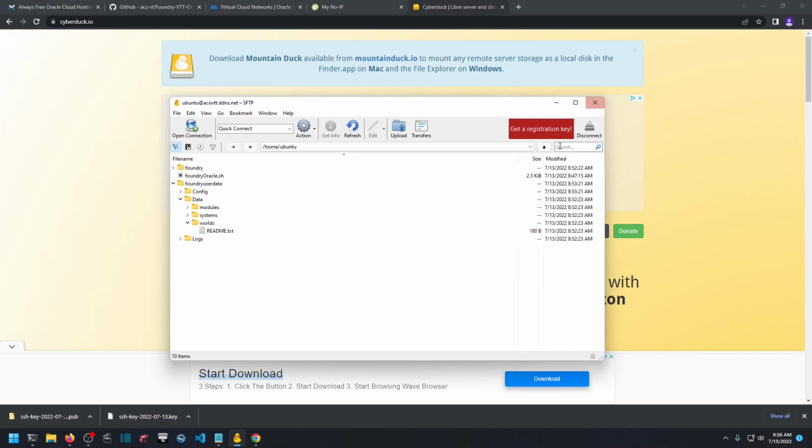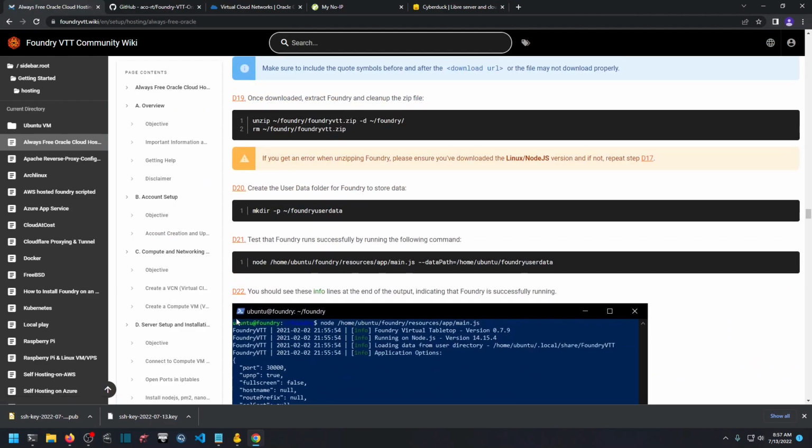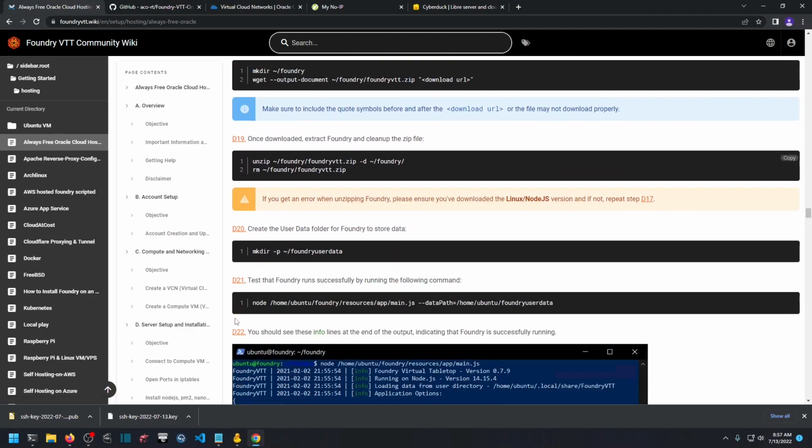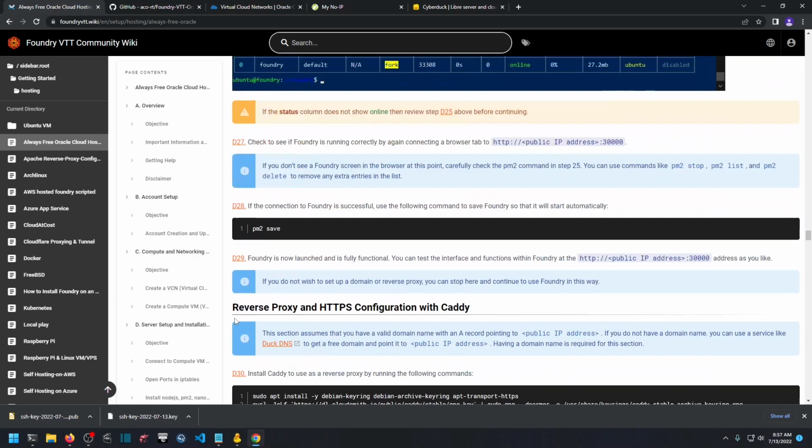Okay, hopefully this gave you a good idea of how to install Foundry VTT on Oracle server using a shell script instead of going through the wiki's list of commands, because that shell script basically is this. I got half the commands from here. Halfway through the list, when I hit